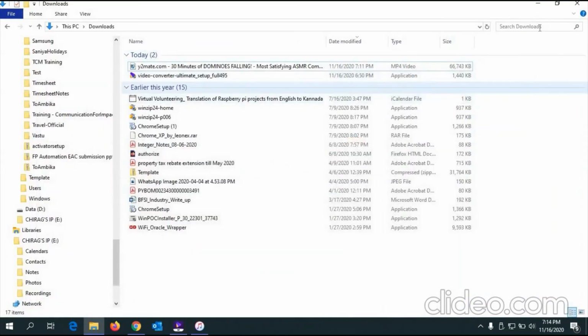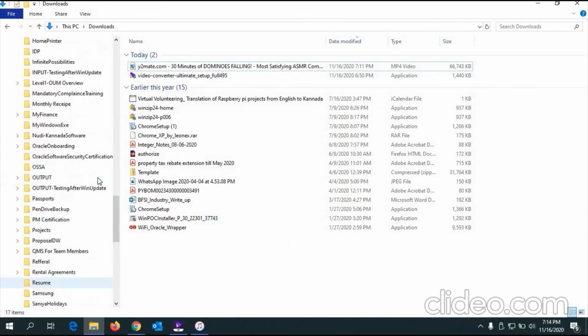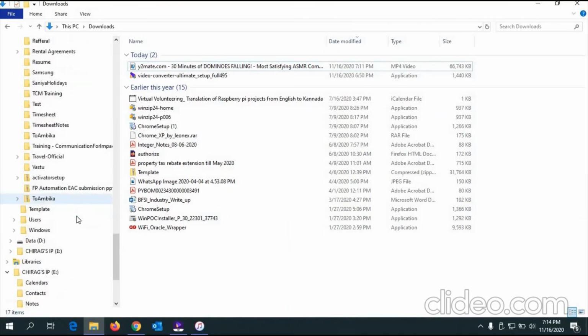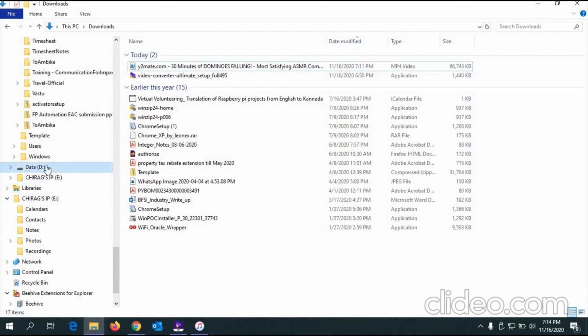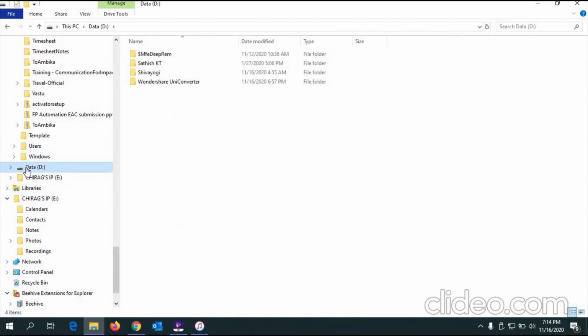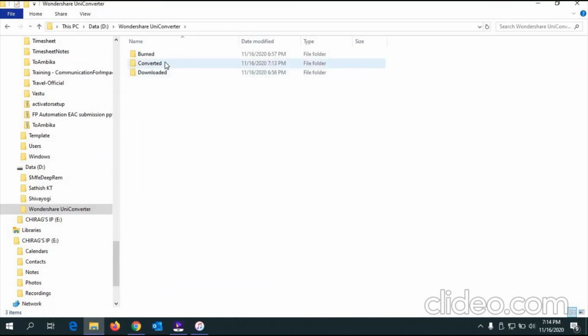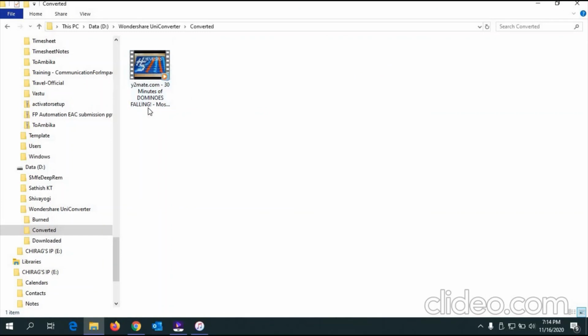So see, it's finished. Now let's just minimize everything and go to your drives. When you go to your main drive, there will be a Wondershare UniConverter folder. Go to that folder and click on converted. Okay, so this is the converted one. I'll just rename